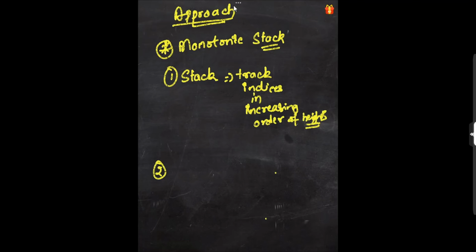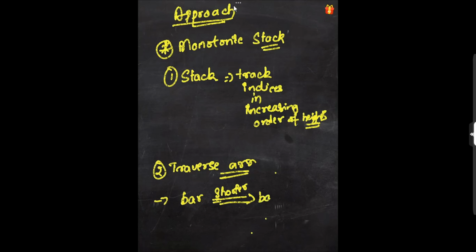We will traverse the array, and whenever we encounter a bar that is shorter than the bar at the stack top,